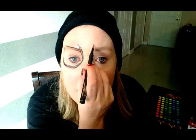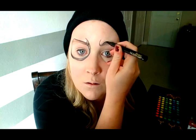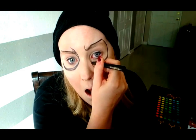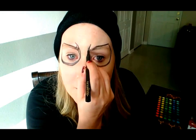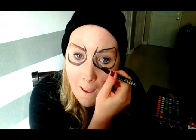So we're going to come here again, make this eyebrow bone. And then, by no means does it have to be perfectly symmetrical. Go up again, come down, okay, so see how I messed up again? So we're gonna fix it. Okay, so I went a little bit more in on this one, so when we're shading in, we're just going